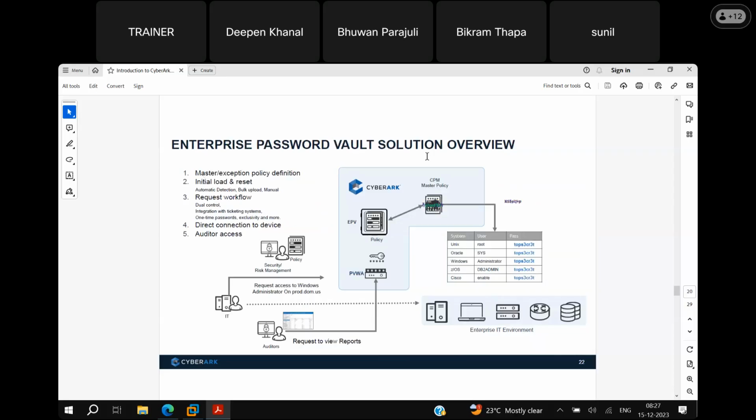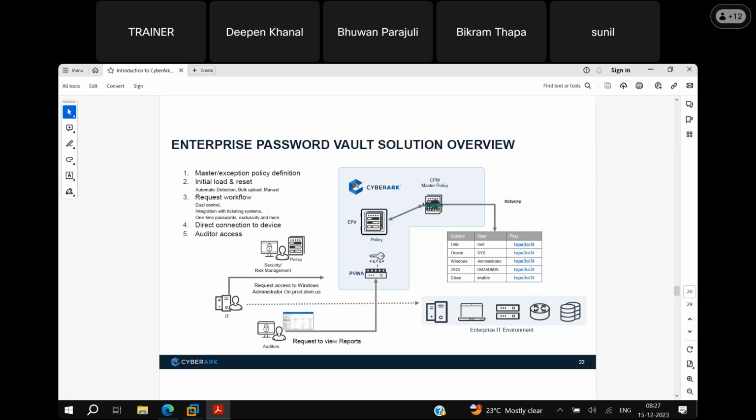Okay, so Enterprise Password Vault, this is the actual solution overview. See here, Enterprise Password Vault, this is the main component. Users or IT administrators will log into the CyberArk product with the help of the PWA web interface. Once they log into PWA, they can see their privileged accounts, because we are going to onboard their privileged accounts and securely store them in our digital vault, and they can retrieve the credentials or access their endpoints using our CyberArk tool. And this CPM component is responsible for managing these passwords, meaning rotating the passwords. This is the general flow of CyberArk.